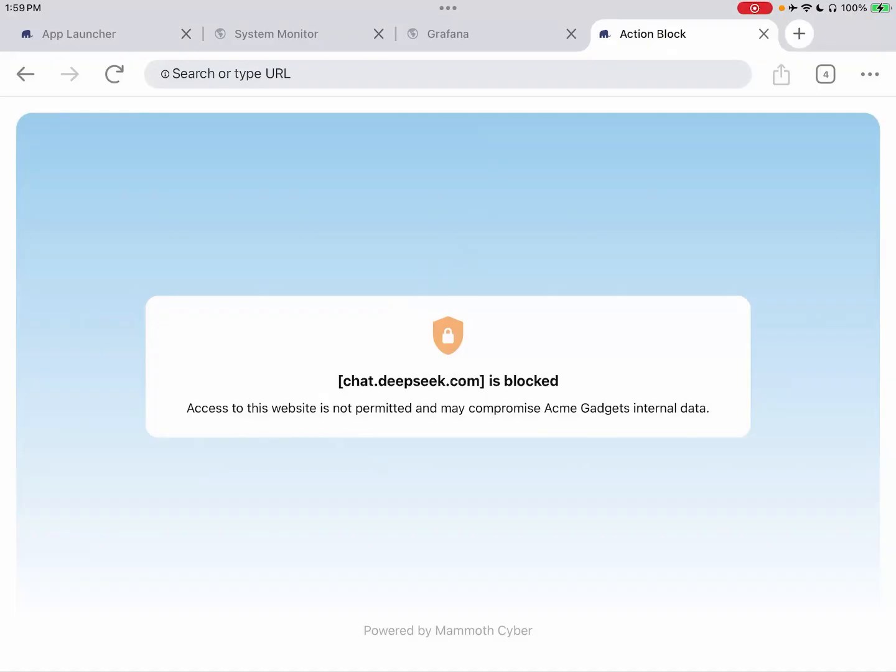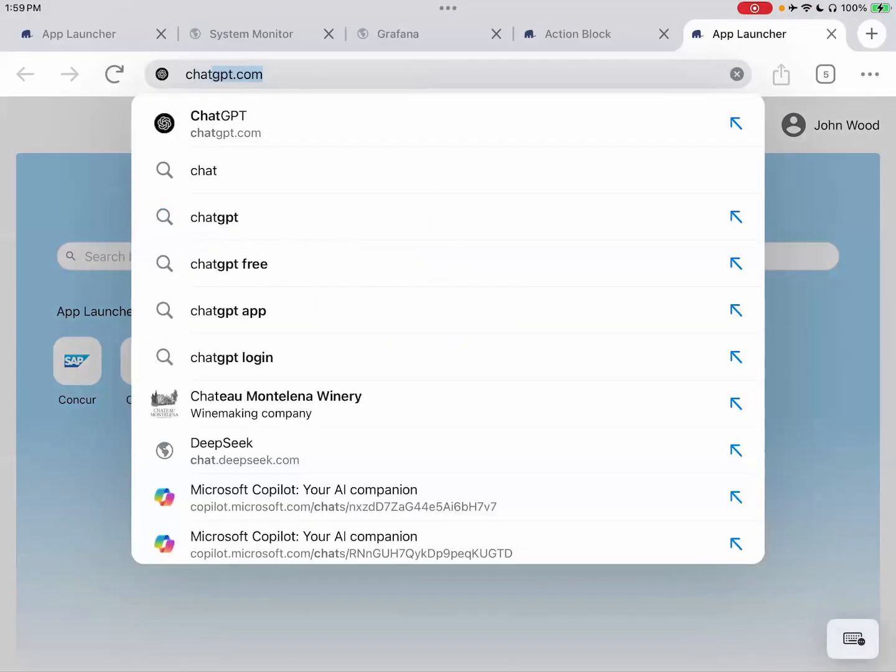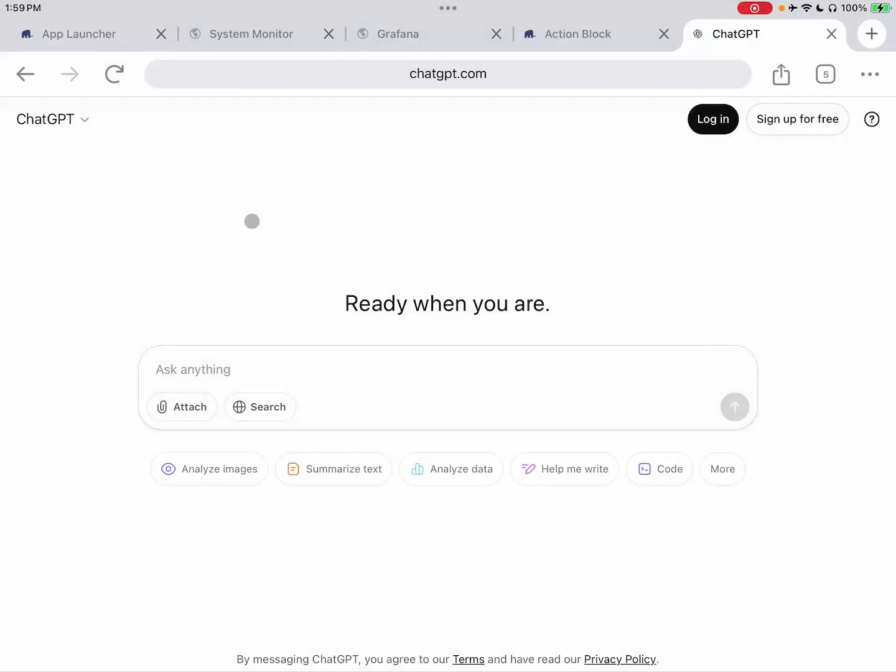So Acme here has decided not to allow access to DeepSeek at this time based on a customized block list. John gets that. Maybe he tries another site that he knows, of course, like ChatGPT. Sure enough, ChatGPT comes up here,